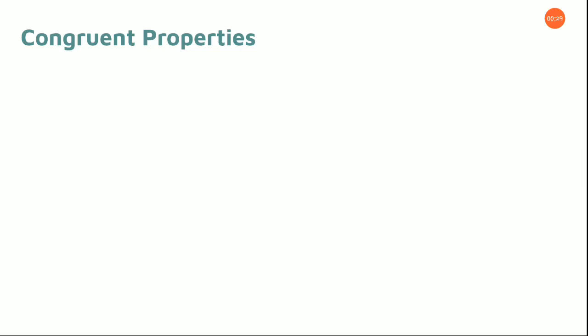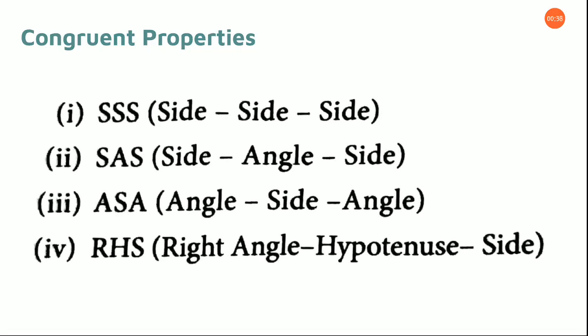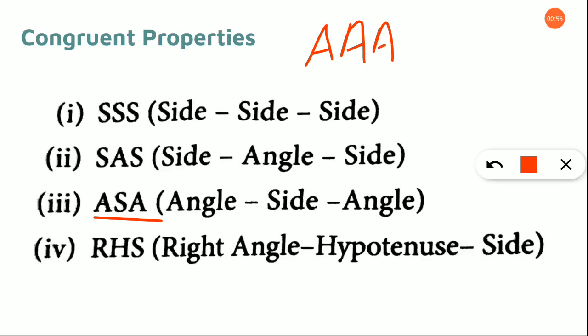Now, today we are going to learn the properties clearly, and then we are going to solve some sums based on this congruent property. Now, the same properties as in similarity we are going to learn for congruent also. The only one property that is different is this ASA, which is not in similarity property. Instead, we studied AAA property. Here we are going to study angle, side, angle property. The same concept here also. When three sides are same in both the triangles, we are going to say it is congruent to each other. Same way, all the four types we are going to solve sums based on it.